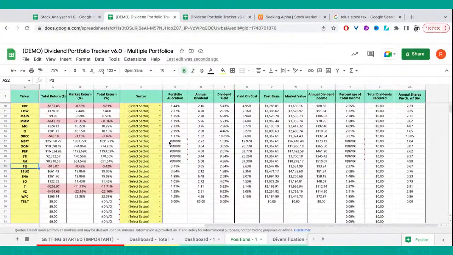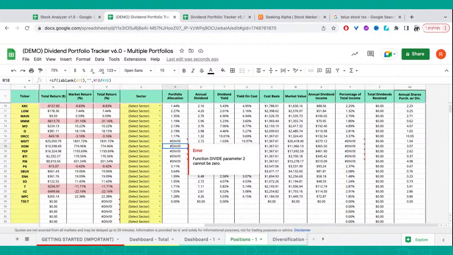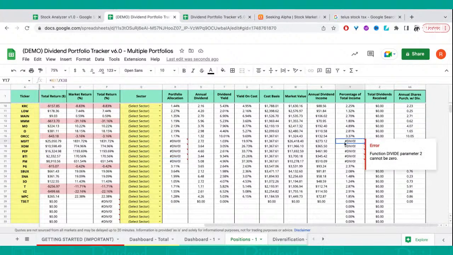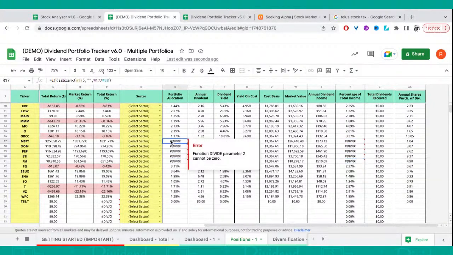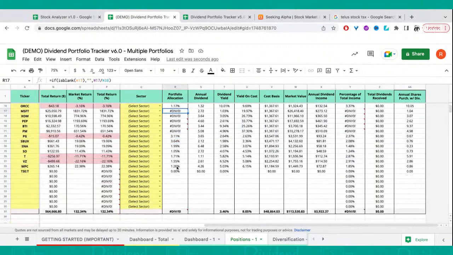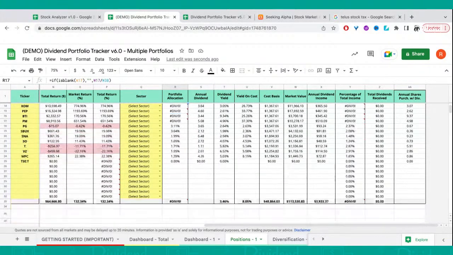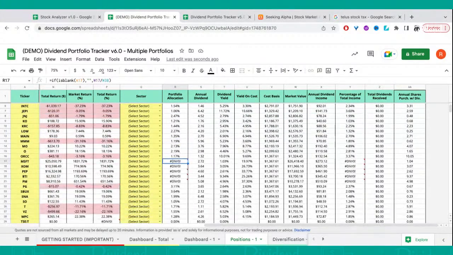But we can see it's actually messed up a couple different columns here. All of these new cells in the portfolio allocation column and all of the cells in the percentage of total income column are now kind of screwed up, but it's an easy fix, guys. The issue for both of these lies in the denominator of the formula, and we're going to do a little division here. So, okay, we can see in the formula for cell R17,